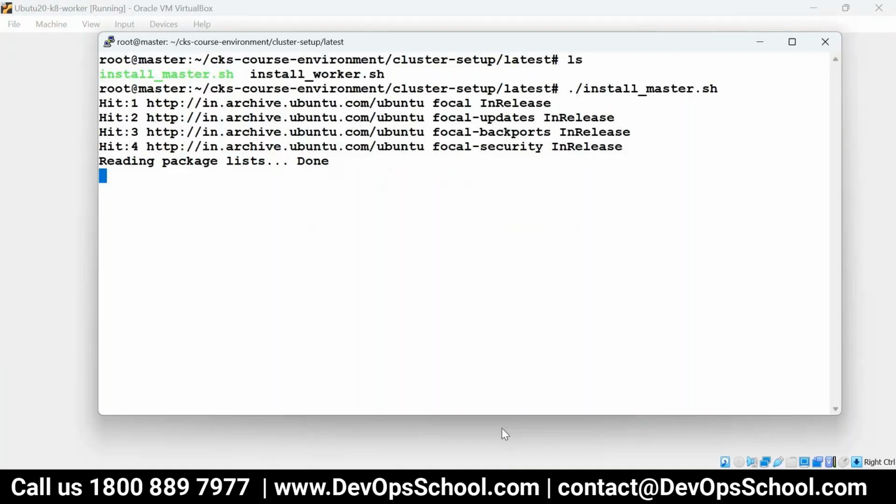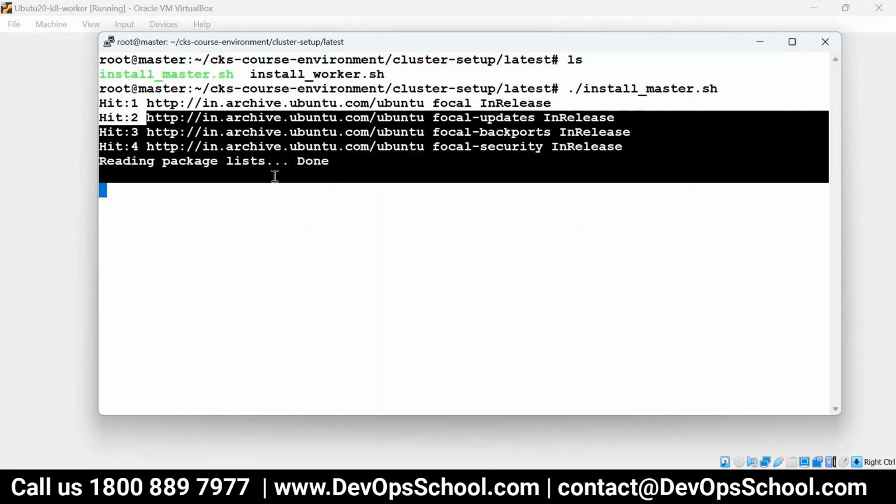Meanwhile, you can check this download. It will take some time because it's running on my laptop. If you are running in the cloud, it will be much faster.